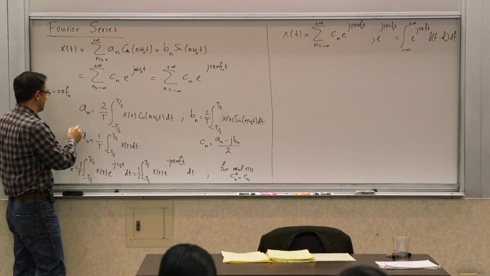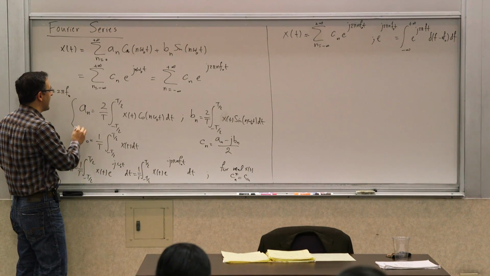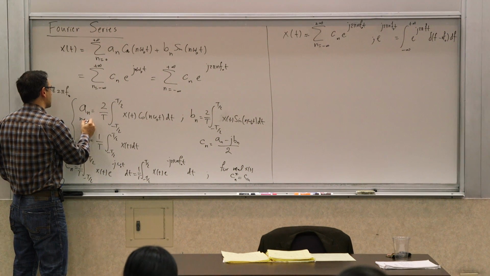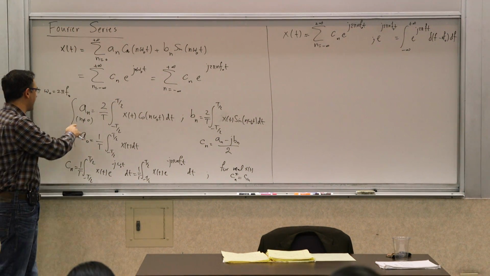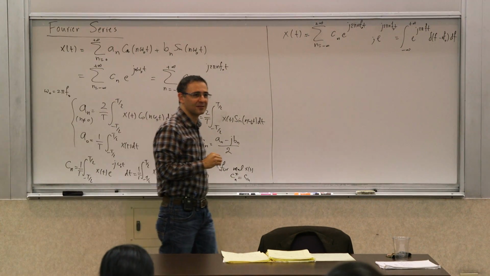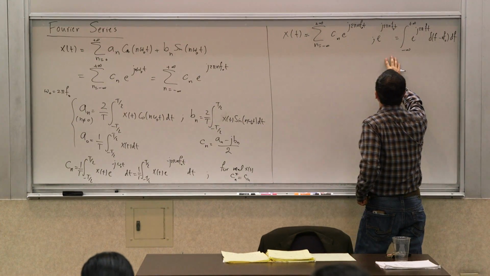So a naught is only for the DC term. An is for all n not equal to 0. Yeah, good. So this is valid for all n's not equal to 0. Yes. So now going back to this,